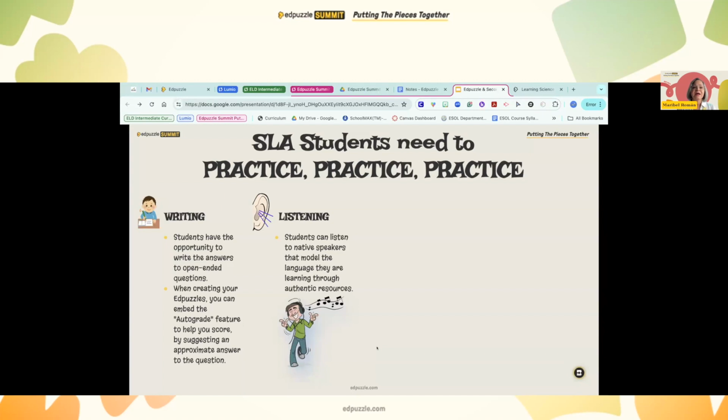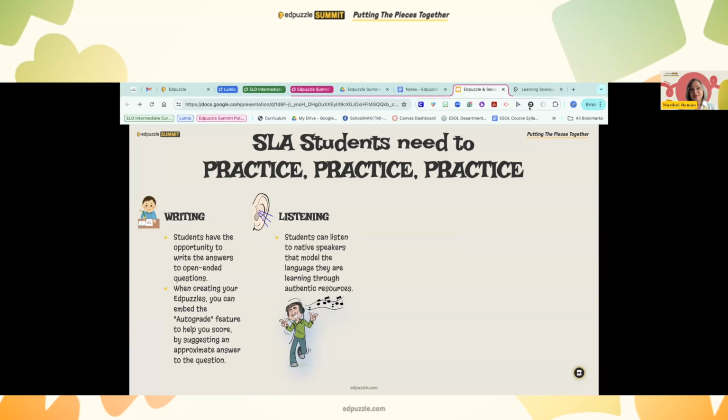So second language acquisition students need to practice writing, practice listening, practice speaking, and practice reading. When you select an Edpuzzle, thinking about your students who are learning a second language, students have the opportunity to write the answers to open-ended questions.